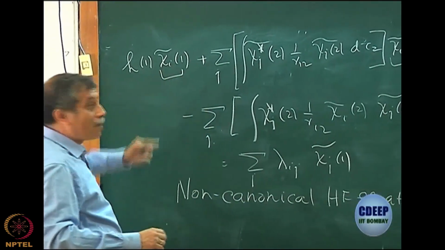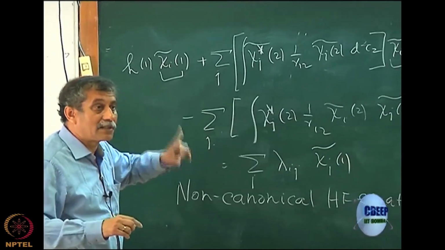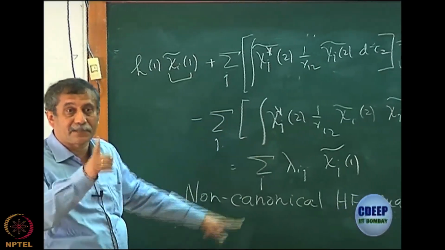But because of the Coulomb and exchange, we ask this question, is it the best one? Now we have got the answer. This is not the best. This is the best because we have obtained this by variation method. Remember,